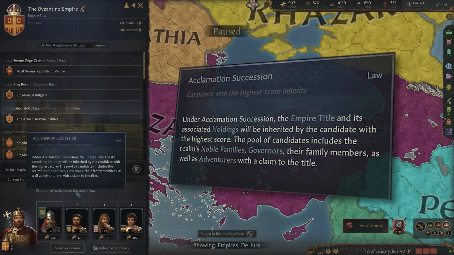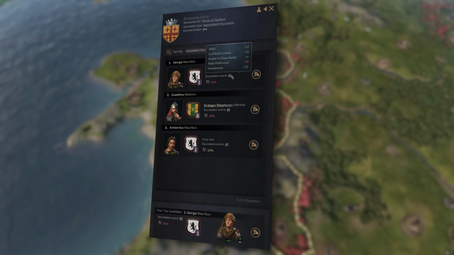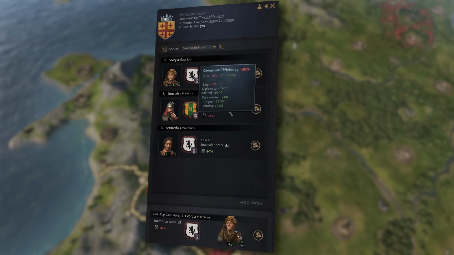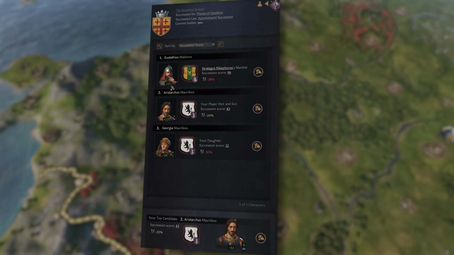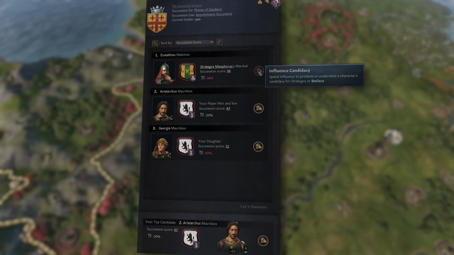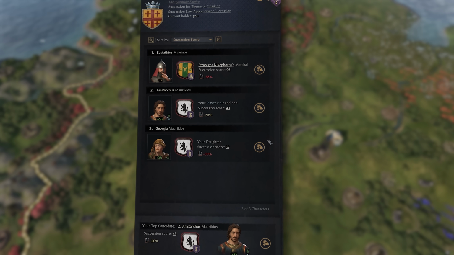Administrative government has two new succession types: acclamation succession, which is created for the top liege of the realm, and appointment succession, which is used for governors and everyone below that top liege. Everyone in an appointment succession type has a candidate score, and this candidate score is made up of a lot of different factors contributing from the game state. It can include things like how powerful of a family you are, what kind of traits you have, what is your faith, what is your culture, so many different things.